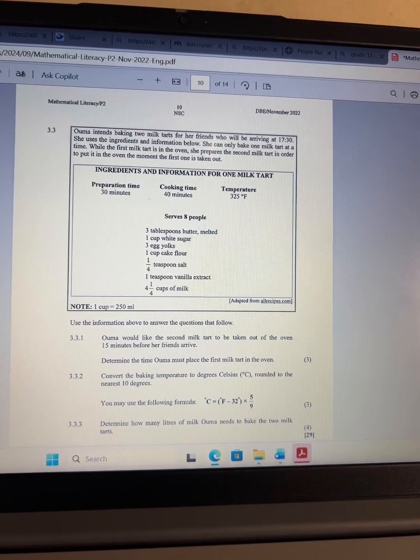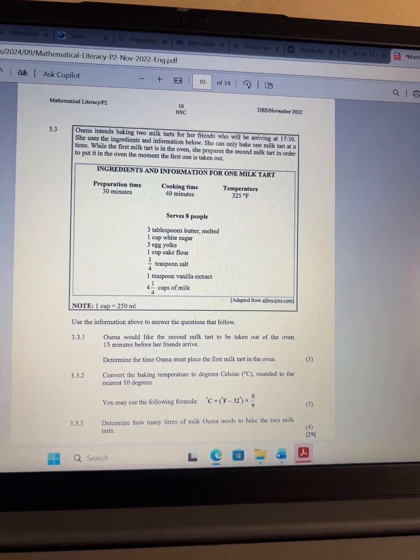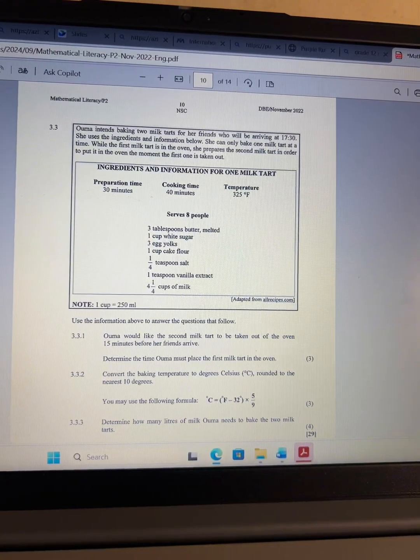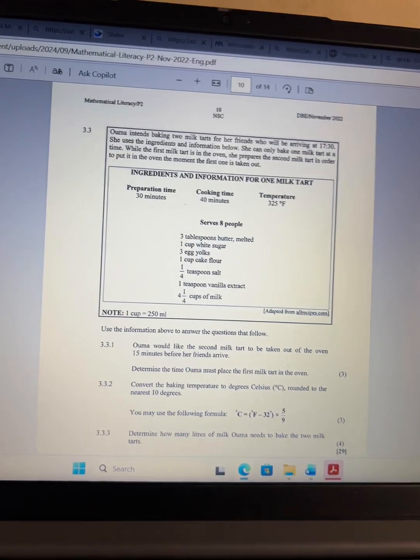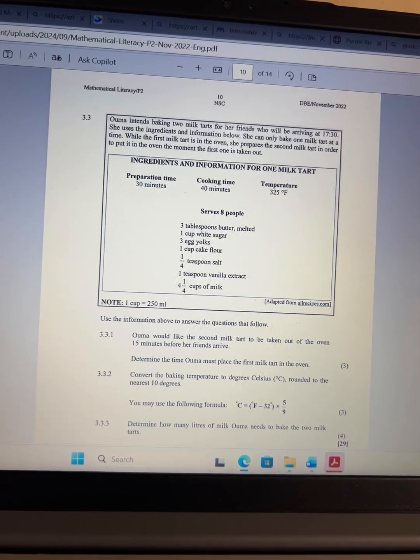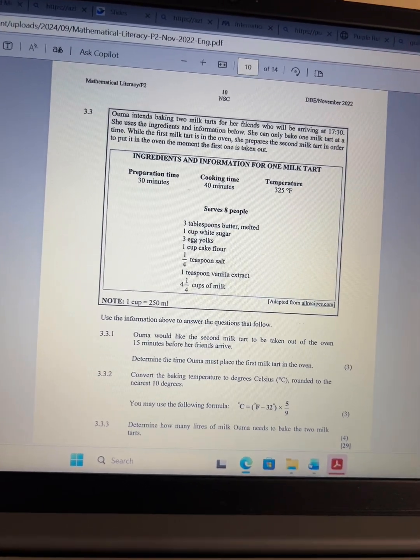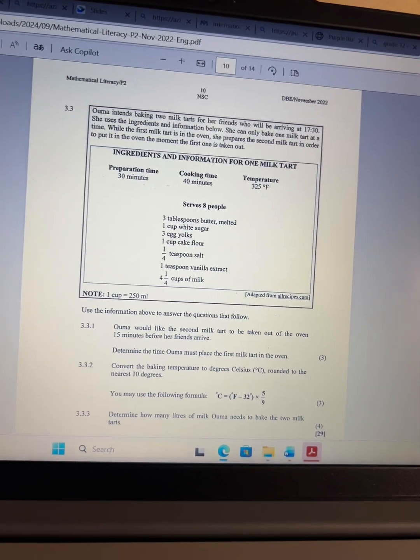4 and 1/4 cups of milk. 1 cup equals 250 milliliters. So use the information above to answer the questions. So we're going to start with 3.3.1, and then with